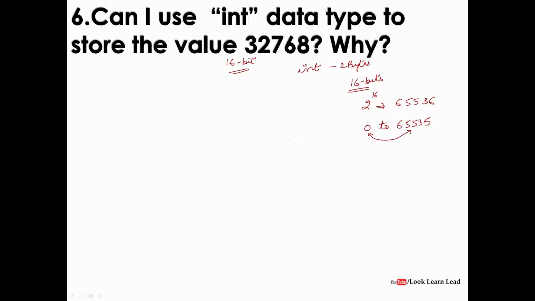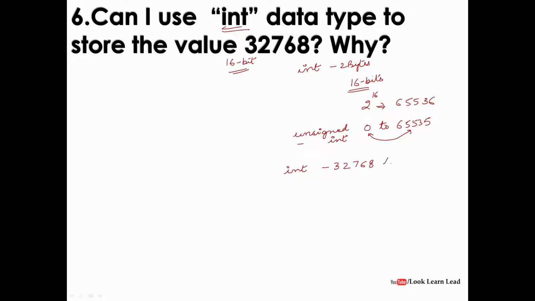And this is if it is unsigned int. But here we are talking about int, not unsigned int. So for integer, the range would also go to negative. So you divide this 65536 into half, so it would be minus